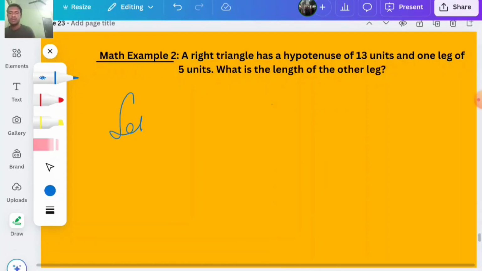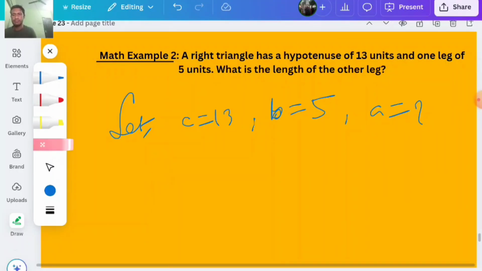So let C equals 13, and one leg is 5 units, so you can assume B equals 5, and A equals what? Okay, now